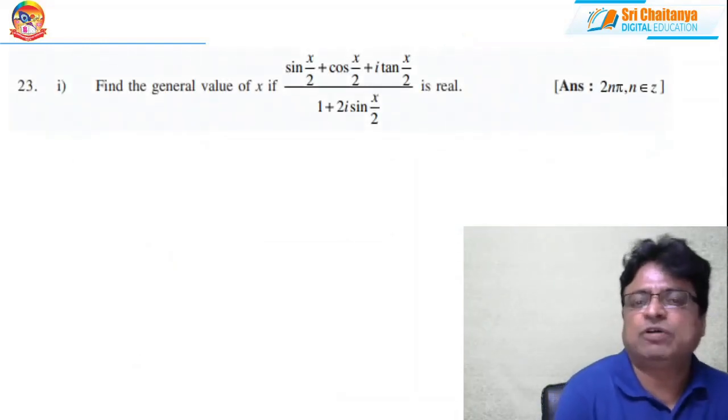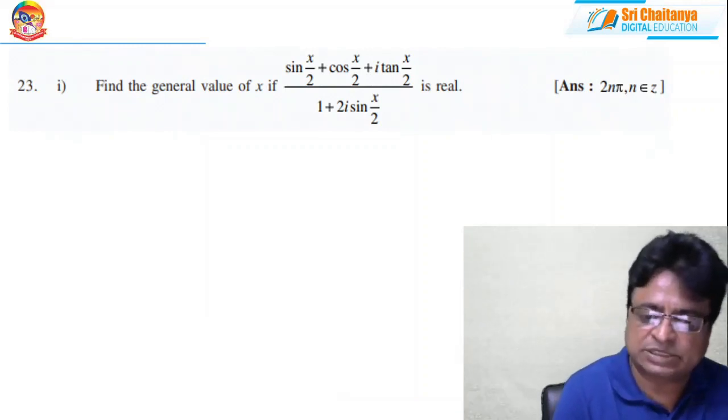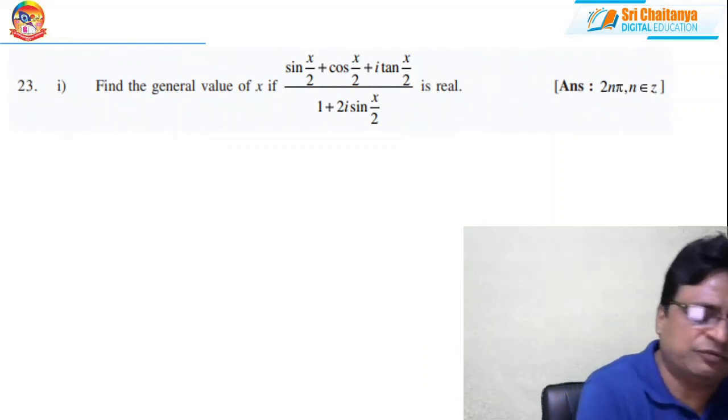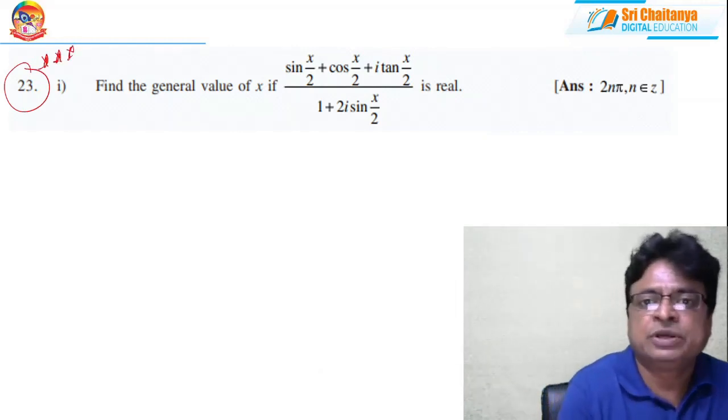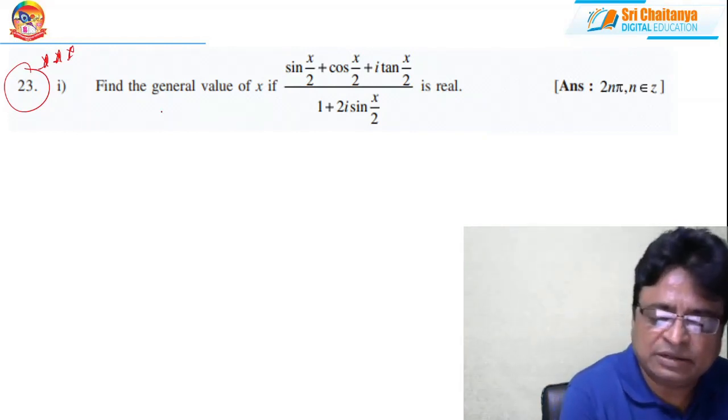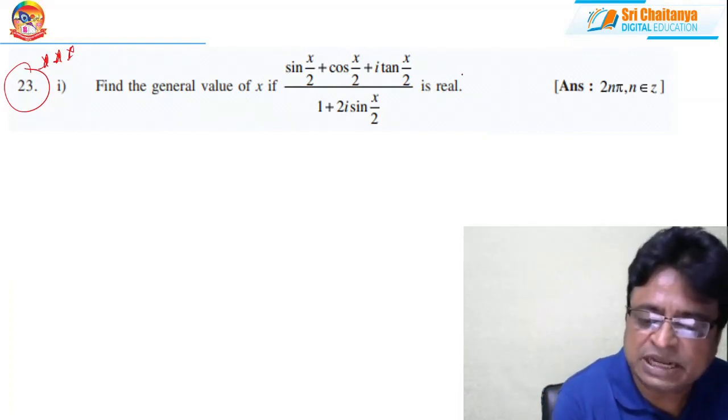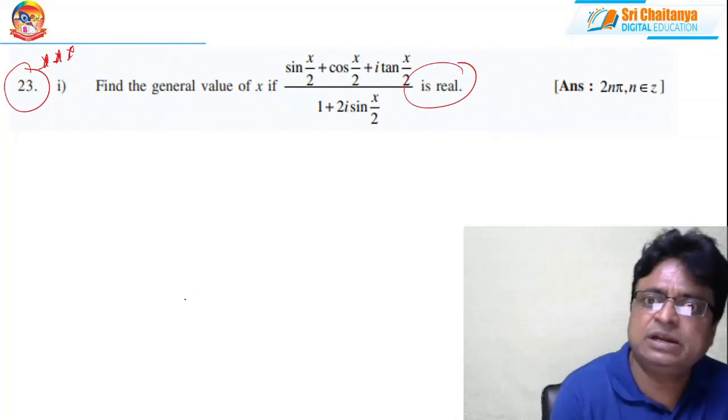Find the general value of x if (sin x by 2 plus cos x by 2 plus i tan x by 2) is real. This is also very, very important, and we may expect this kind of problems in competitive examinations also. So what is given? The general value of x if it is real. It is real only if